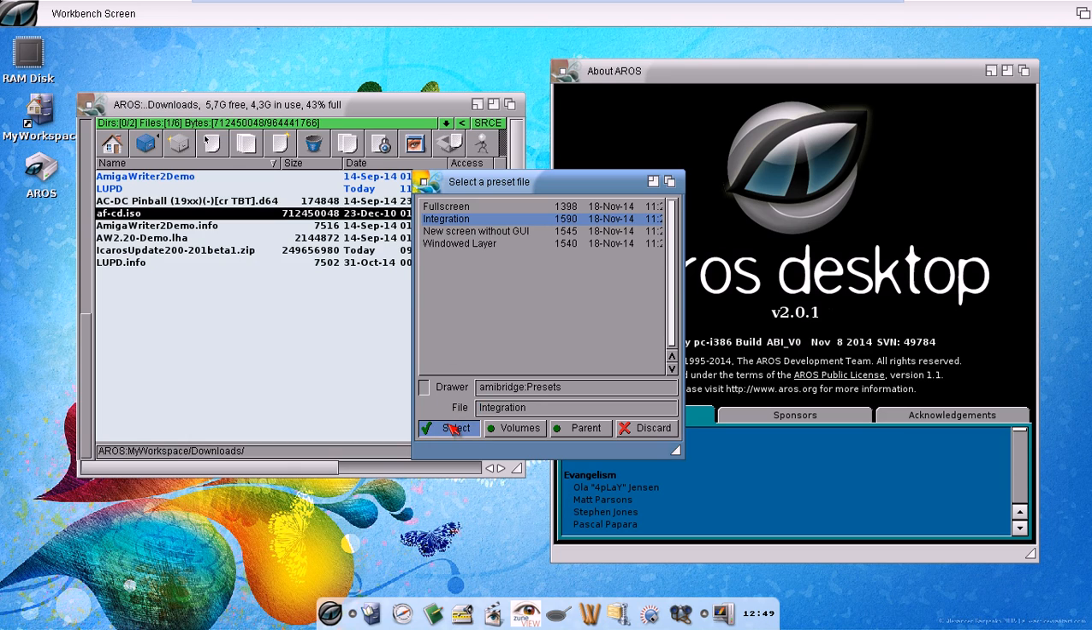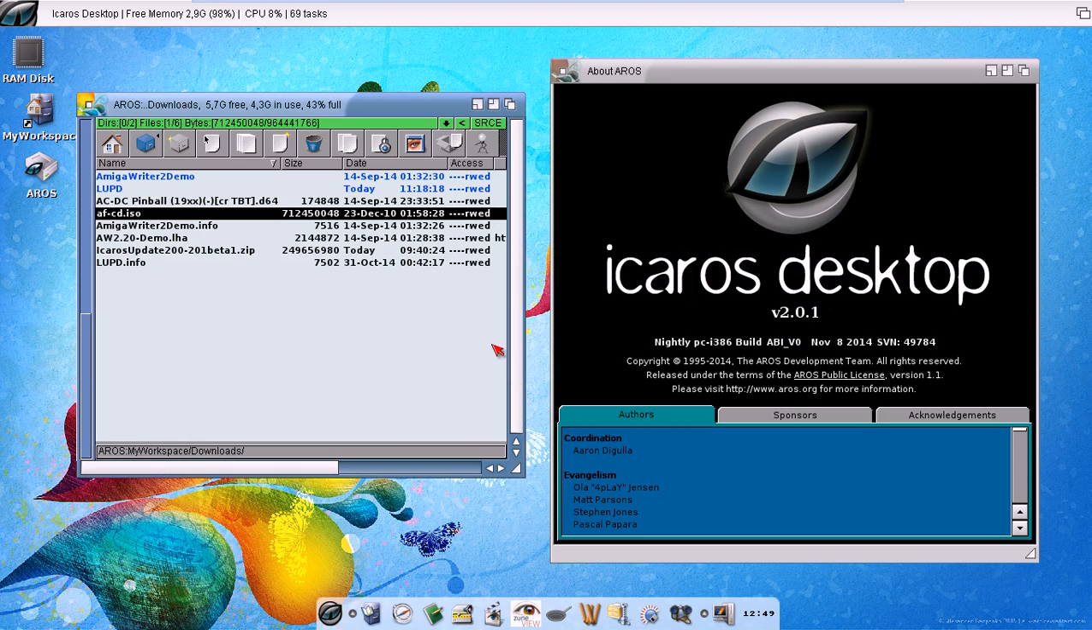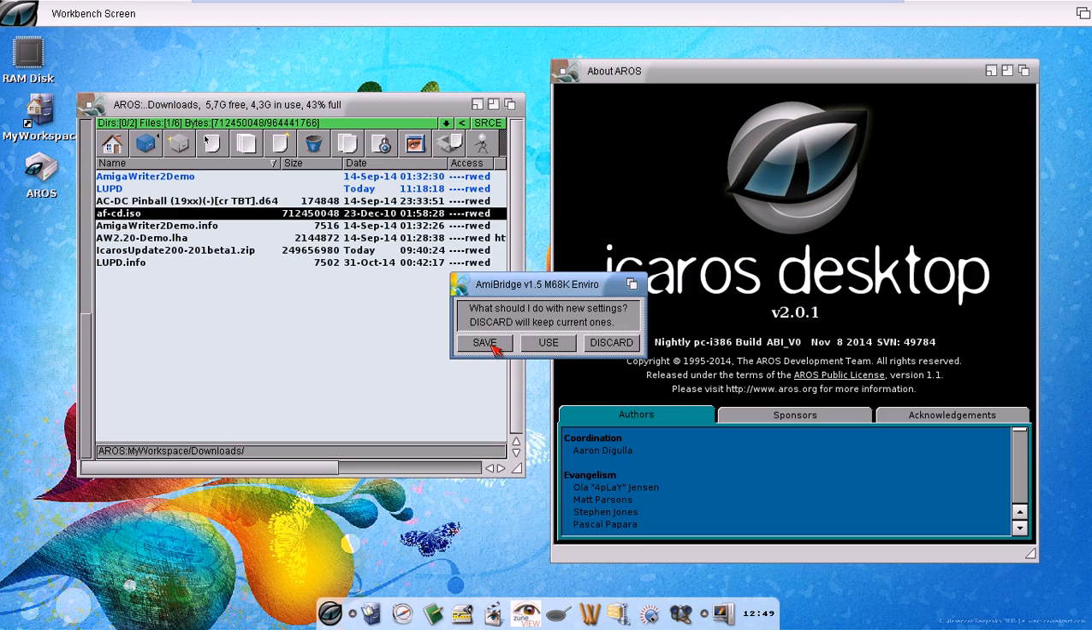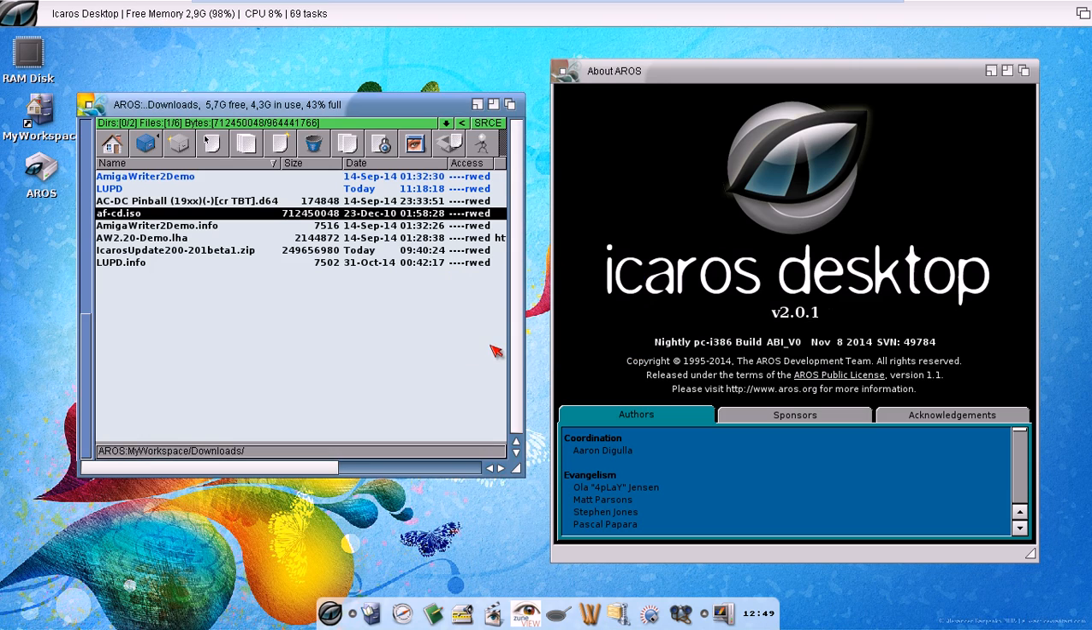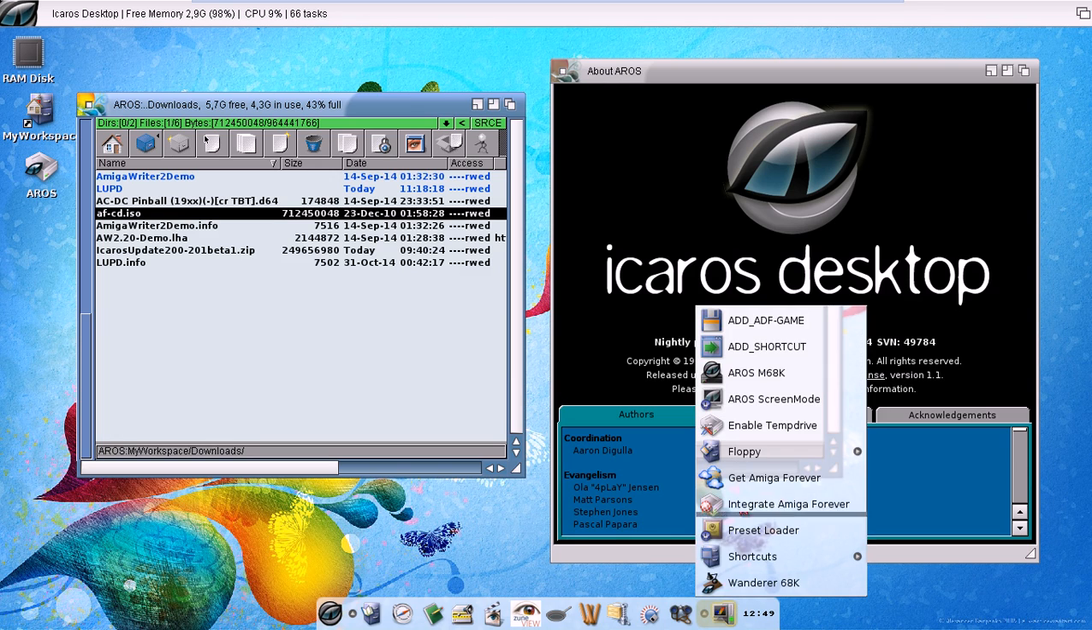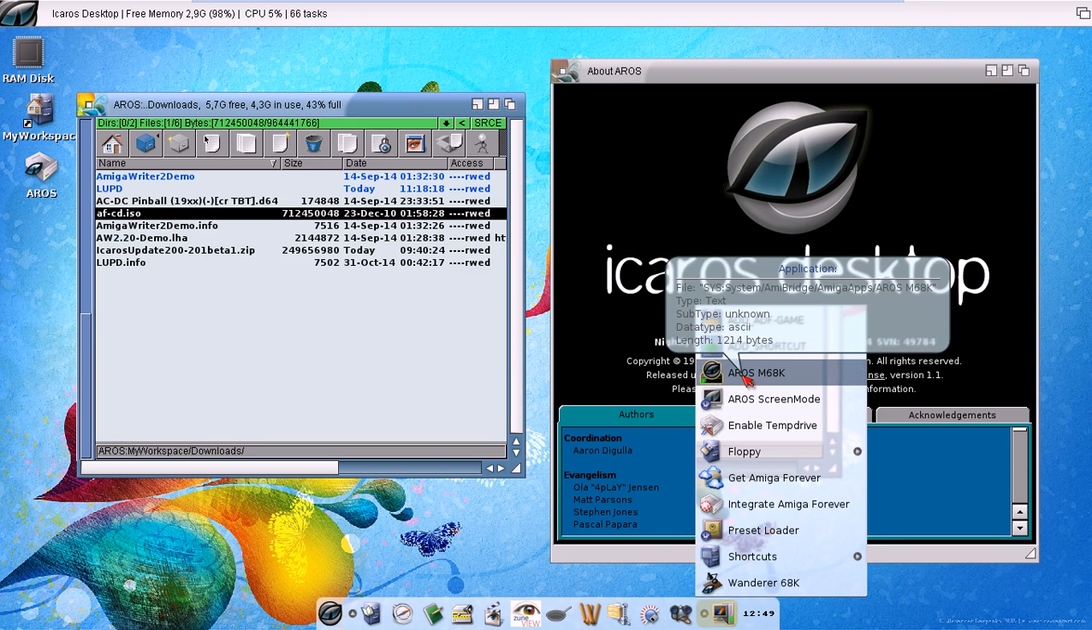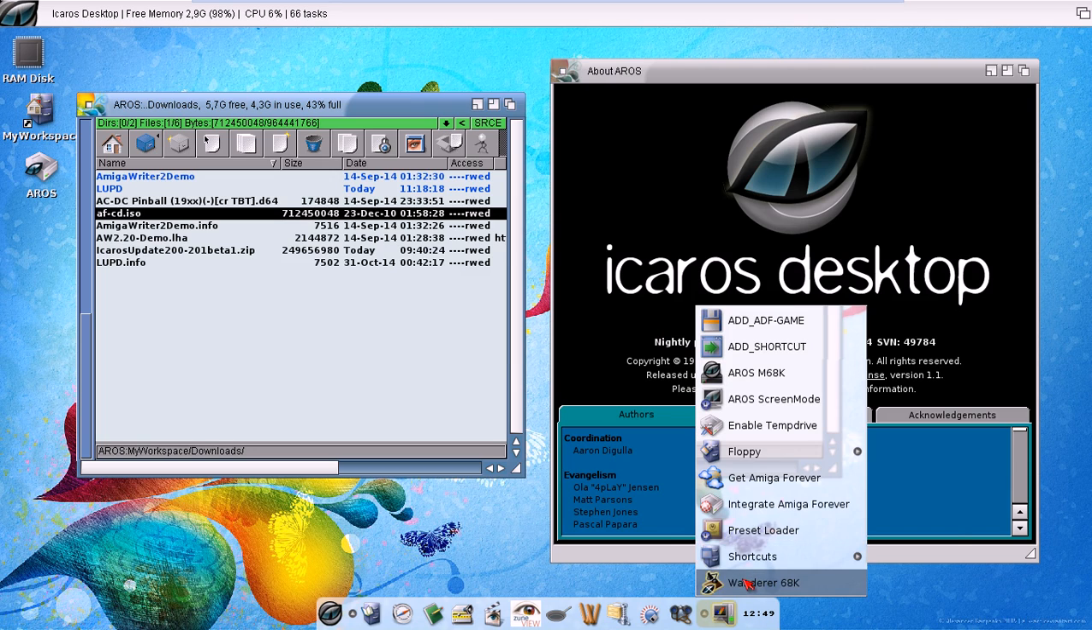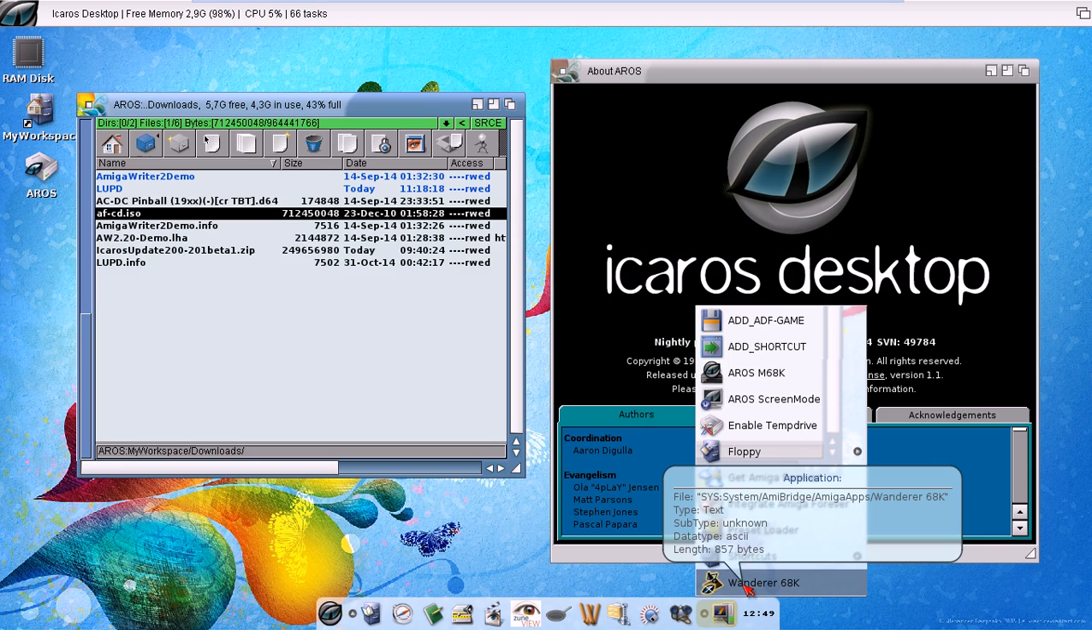Integration allows you to run classic applications seamlessly on the Icaros Desktop. So we can choose save, and we can finally start Icaros or Wanderer again. If we run Wanderer, we will have